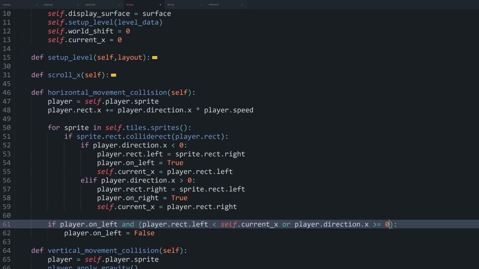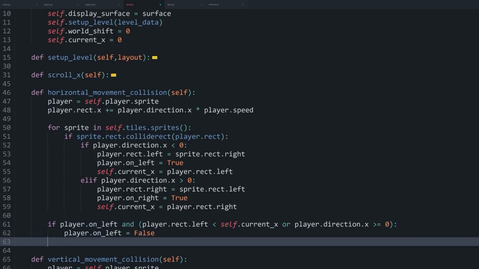So that way, if we are touching a wall and stop moving to the left or moving to the right, we know that we are not touching the left wall anymore. And if that's the case, we can set on left to false. And now, same thing if